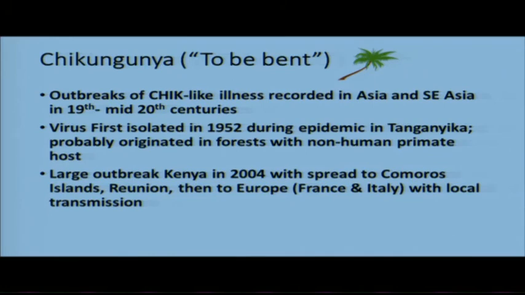The virus was first isolated in 1952 in Tanganyika, which is really current Tanzania, in eastern Africa, just south of Kenya. Then there was a large outbreak in Kenya in 2004, which spread over into the islands just east of Kenya, the Comoros Islands and Réunion. And these have very strong relationships that have gone on for many years with the mainland in Europe, with France in particular. So there was a lot of travel between Réunion and southern France and Marseille, and all of a sudden there were